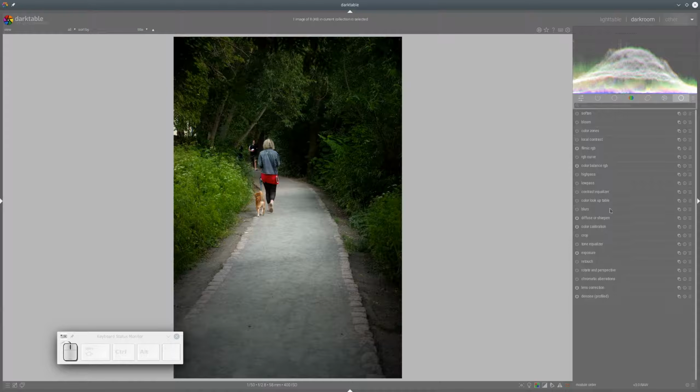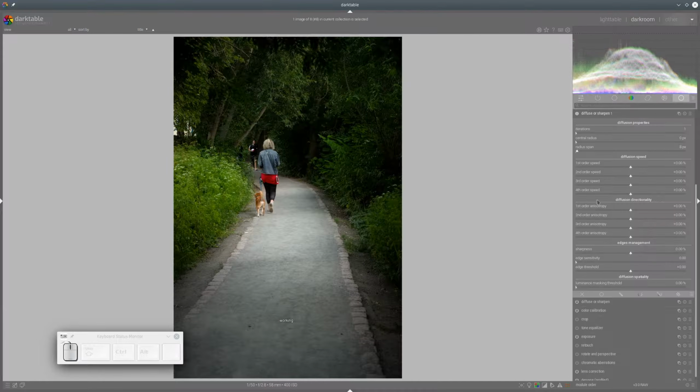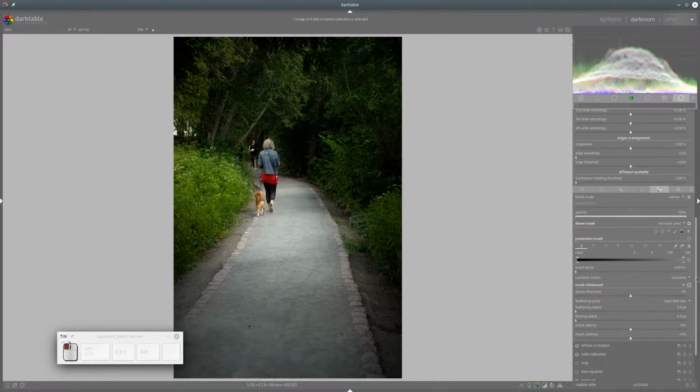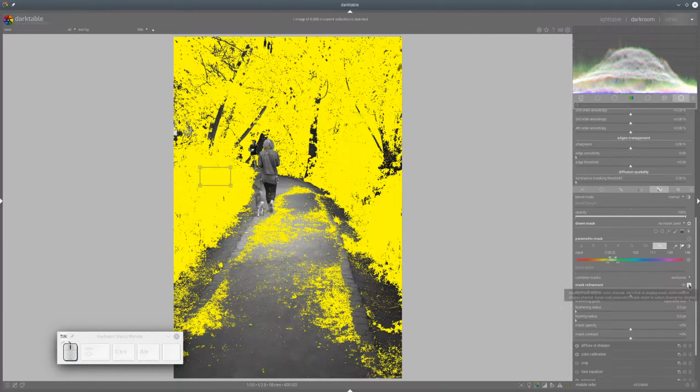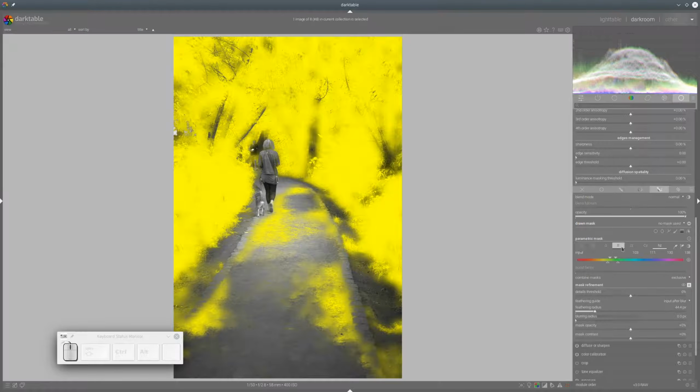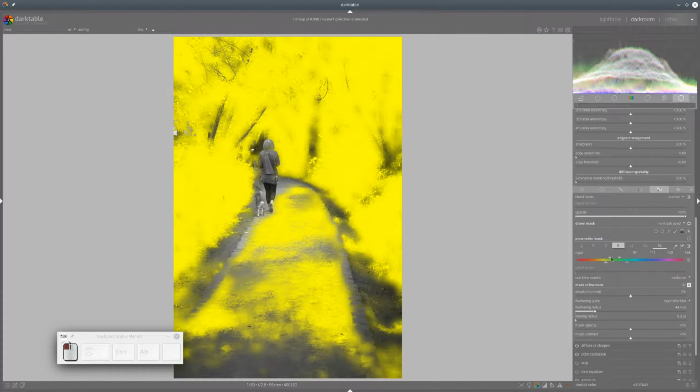And now I will use another instance of diffuse and sharpen. This time I will mask our foliage. So let's use colors for that. Let me see. Okay, something like that. Maybe even more green. And a little bit there. Let's say something like that, but I don't want to